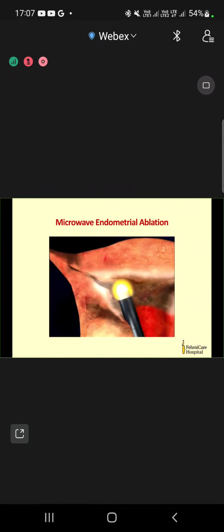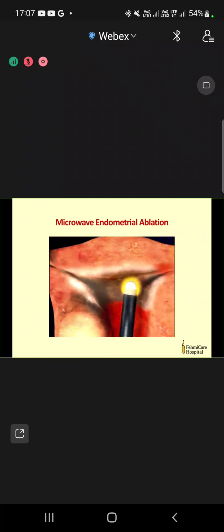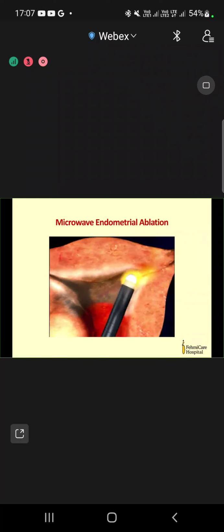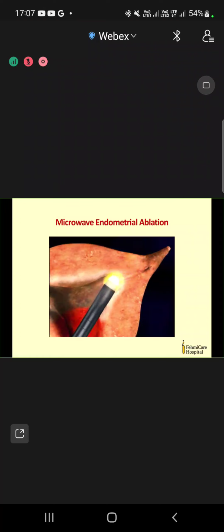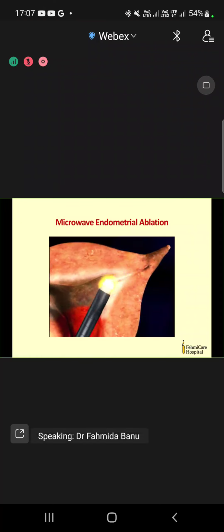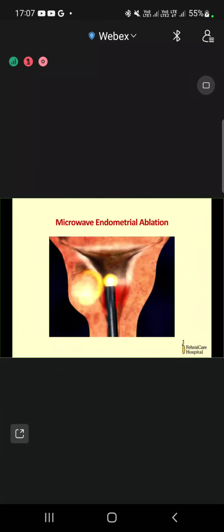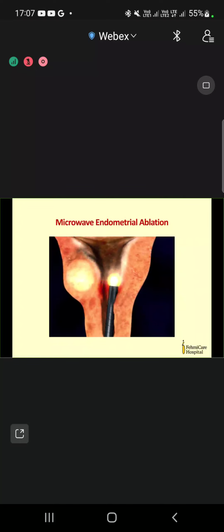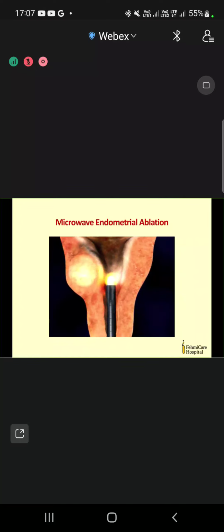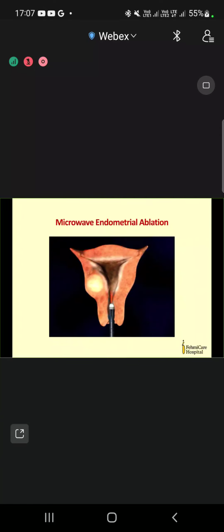What I felt comfortable in this procedure is we have a graph which shows whether we have to stay in the same spot for a few more seconds or we can move. I will show you the graph. You have to maintain between that graph. Suppose it is dipping below the graph, just stay back in the same place for a few seconds. If it is maintaining on that graph, you just keep moving and eventually, believe me, in 3 minutes, the entire